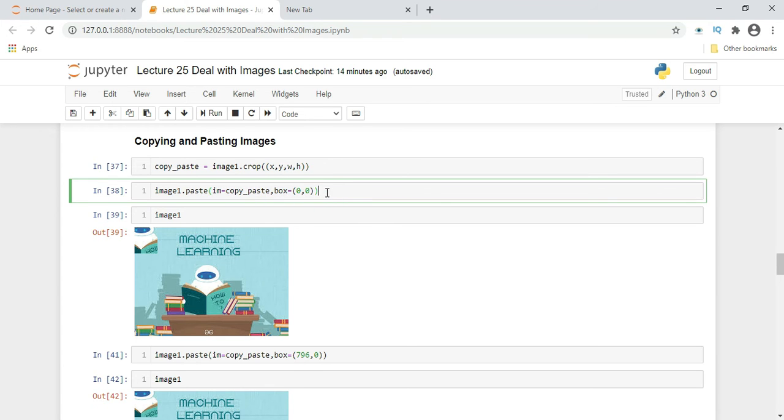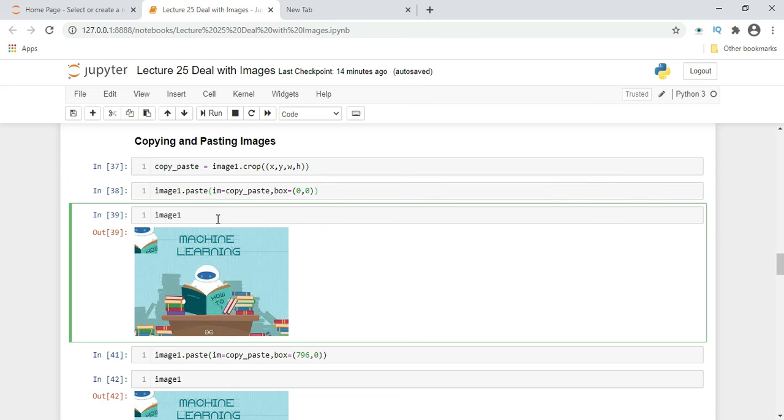Okay, 0 comma 0. So it will start at the start of the image, the x and y coordinate, and after that we have executed this variable where our pasting has been done. If you see in our output, there is our base image, and on the top left there is a small image, which is the cropped image that is getting pasted into the original one.